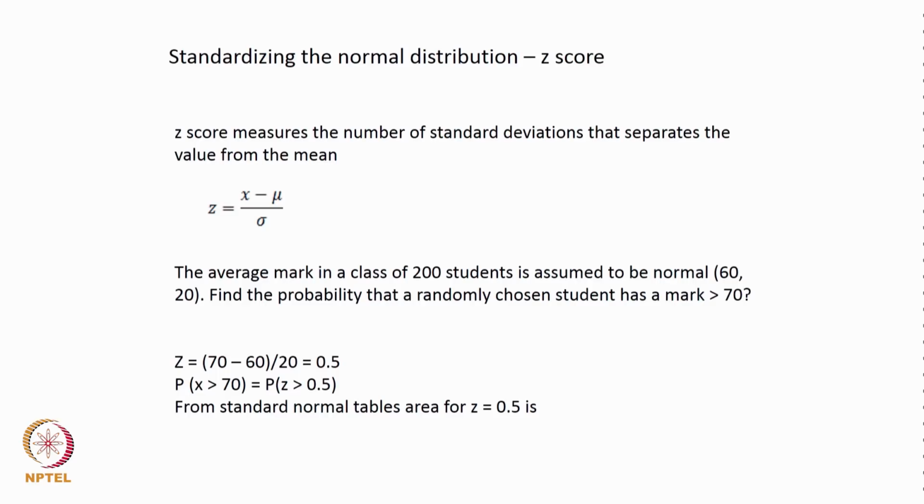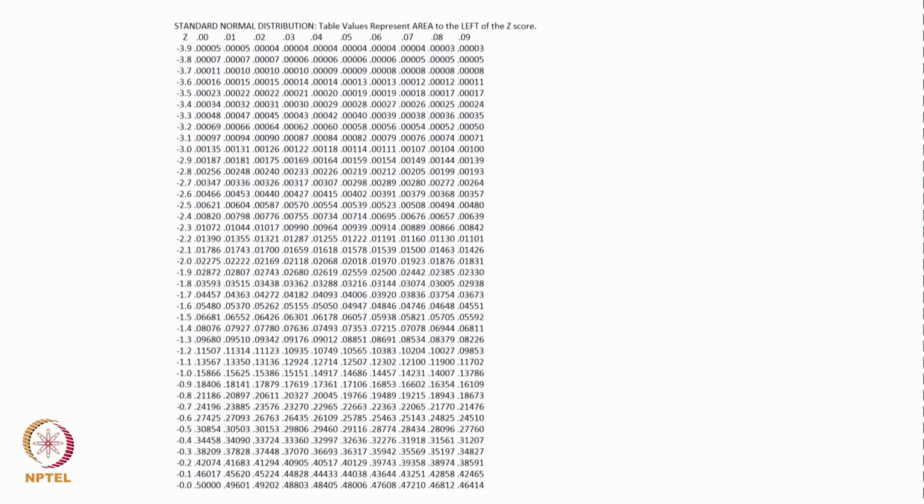That is something which we will do. From standard normal tables the area we will compute and show. So, there is the standard normal table and the area under the standard normal table, we will use that area to compute. Now, how do we do that?